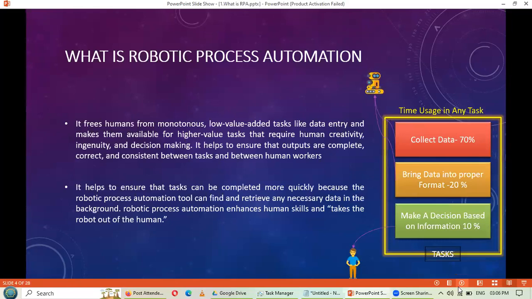Now, if you look at any task we do, literally any task in your organization or even your personal life, it could be divided into three phases. First, we collect data and bring the data into a proper format. Let's say you want to buy a car, right? How will you go about it? Obviously, you will look at different car models within your budget range, and you will note down what features each model offers. You will look at different brands. That is you collecting data. Then you will put all this in one place to compare. Okay, I have a similar car with Maruti, also similar with Hyundai, also similar with